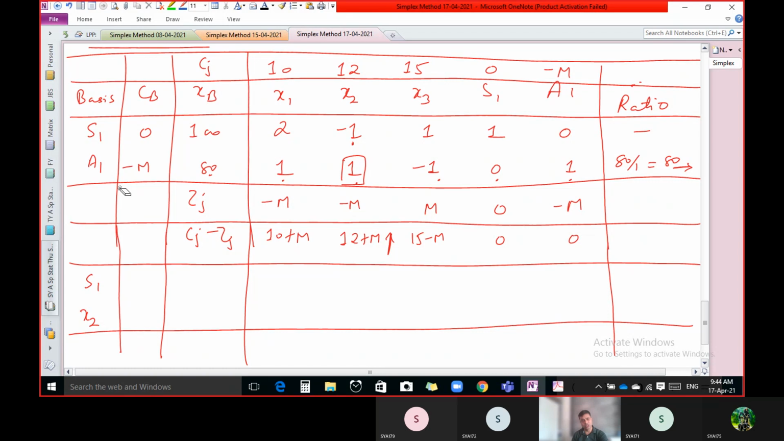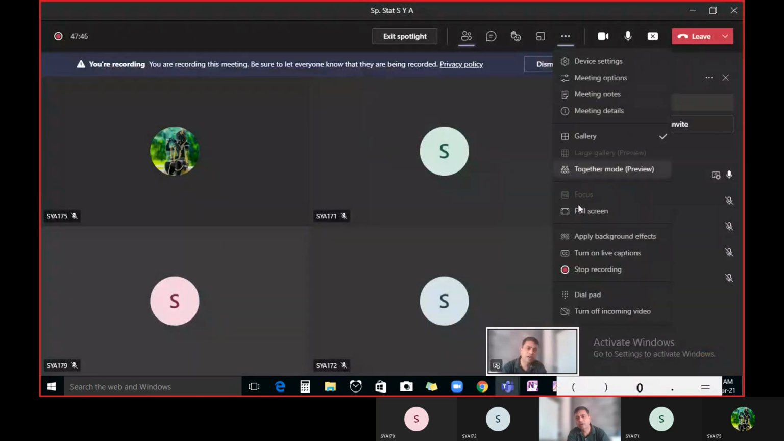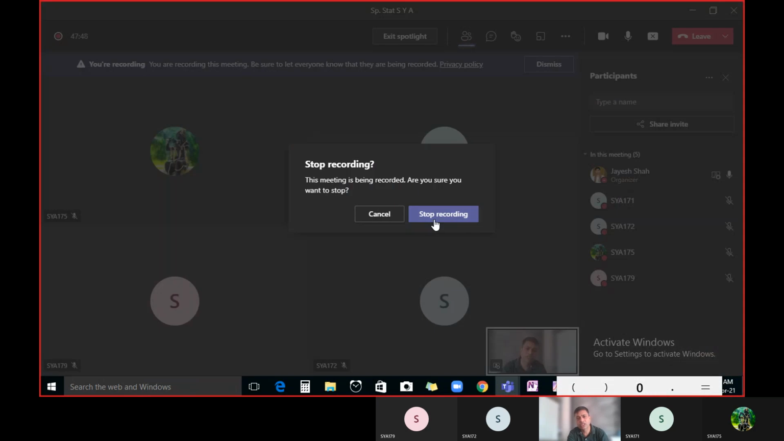So nothing is new, just okay, the coefficient of s1 is 0 and the coefficient of x2 is 12. And divide the key row by the key element, and all those calculations you have to do by yourself. Consider that your homework and complete it. In the next lecture we will continue. Now we require only one lecture to